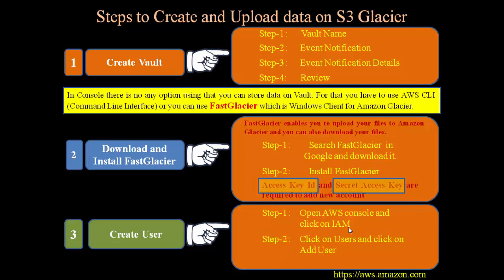After completion of both steps, you can successfully create the user. Then step number 3: you have to open security credentials. Inside this security credential, you can get both values: one is the access key ID and the second one is the secret access key. Just copy both values and fill them inside our add new account form and then create the account.